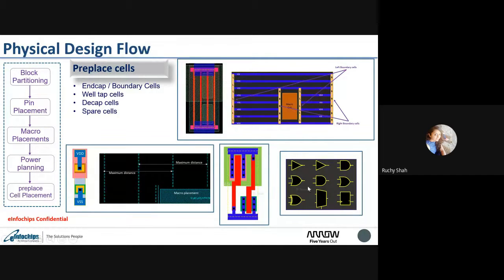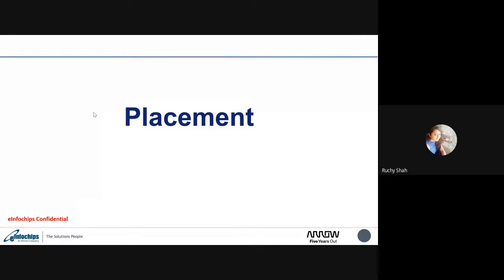Okay, moving forward, there are spare cells. So we put some cells in a group. We are not using these cells throughout the physical design, but in the issue phase we see there is a requirement for some cells, and at that time we have already frozen the base layer, so we cannot insert any cells. So we can use these cells. That's why they are called spare cells. These types of cells we place before actual placement. So now we are starting the actual placement. From this slide onwards, Ruchita will take over. So over to Ruchita.